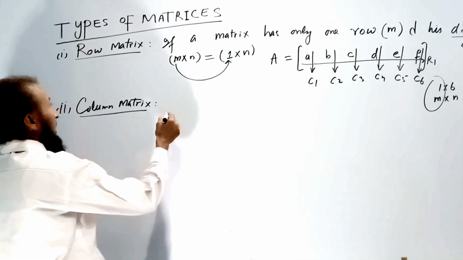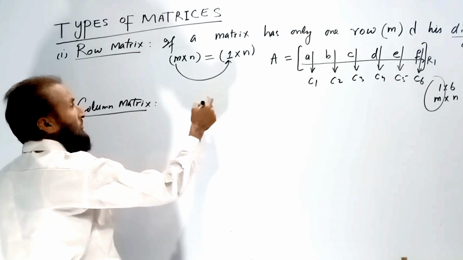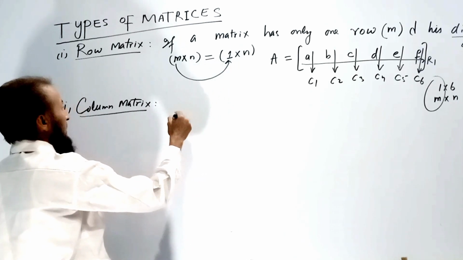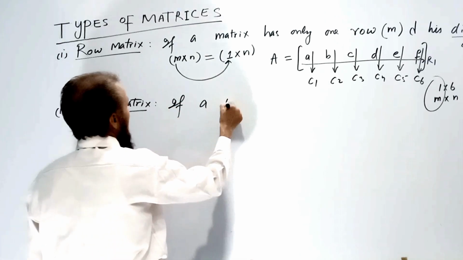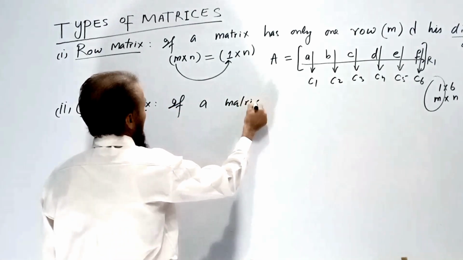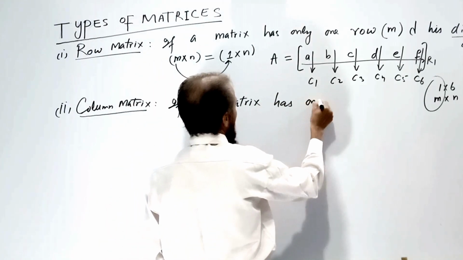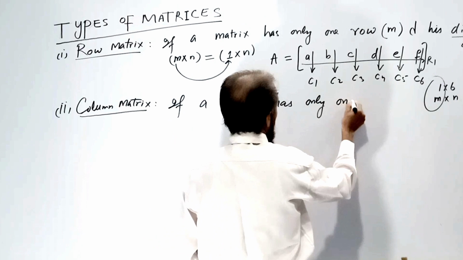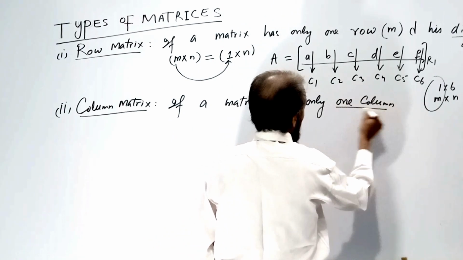So this type of matrix, which has only one column, is called a column matrix. Otherwise, we can also define it as: if a matrix has only one column